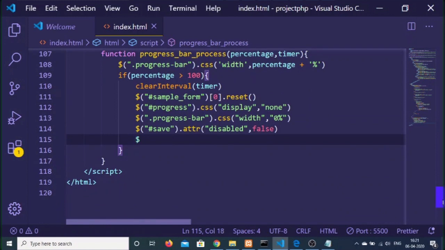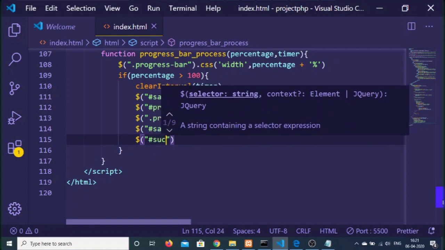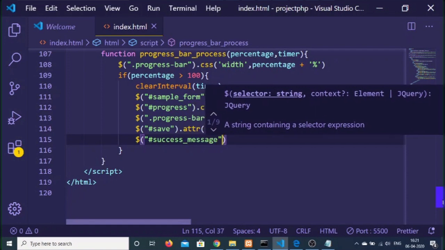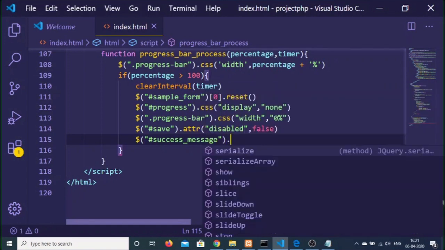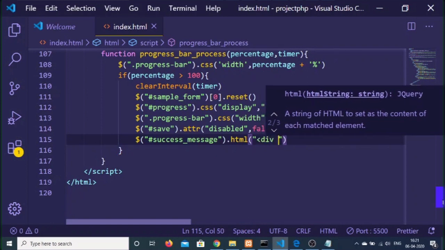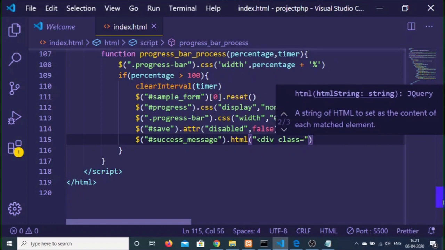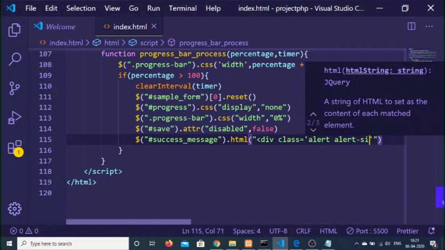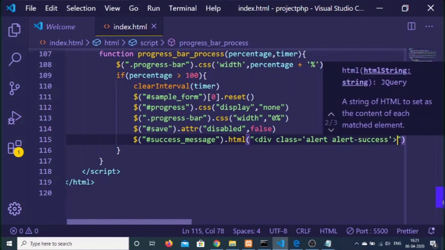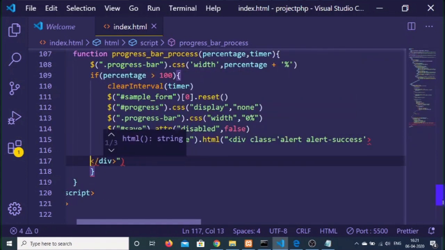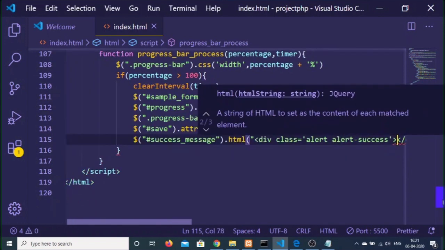And now we also need to show the success message as well. So we have given a span tag, and we have given an ID of success message, and here we just need to append some HTML tag here, which is a div, which will have a class of alert alert-success, close the div as well. So inside this div, we will be saying, sorry, this needs to go in the same line. We can just say that data saved